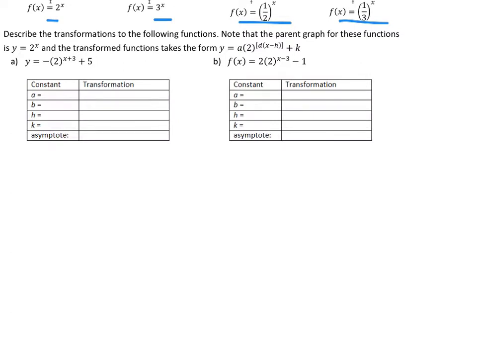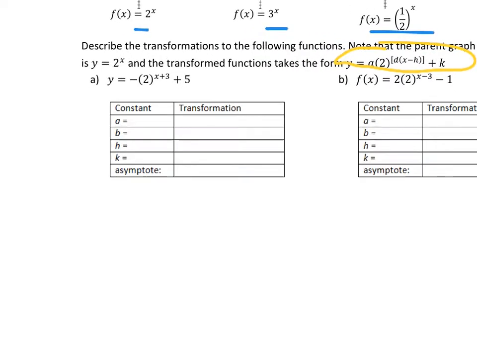Describe the transformations of the following functions. Note that the parent graph of these functions is y equals 2 to the x. So we're going to be more simplistic in the ones I'm giving you. So the parent function for these two problems is going to be y equals 2 to the x power. And the transformed functions take the form, so this is our go-to, how do we know what to do, function. So this first one, a,